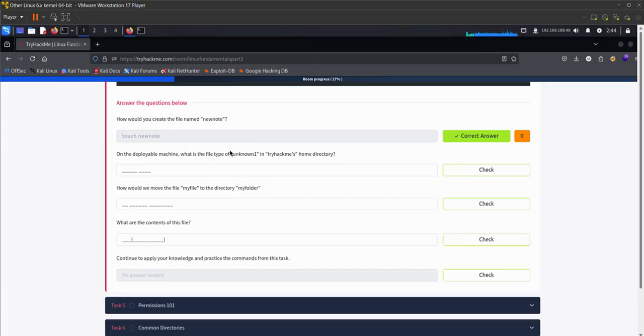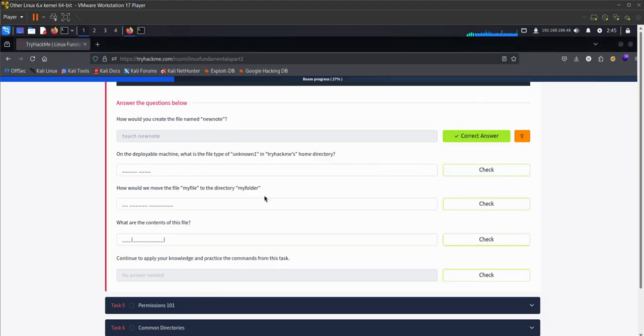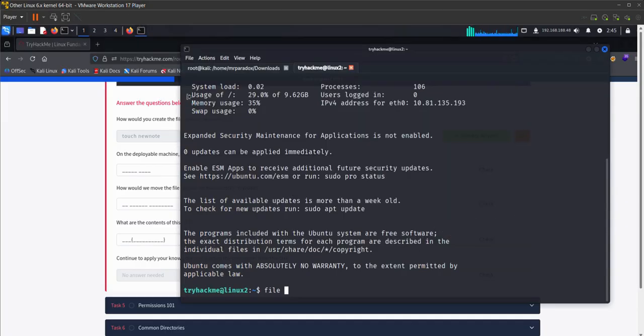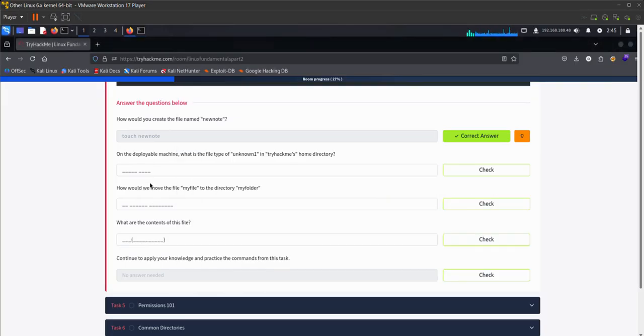What is the file type of unknown1? We must use the file command to see the file's type, and our file name is unknown1. ASCII text.